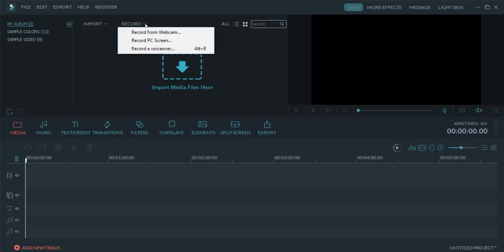Just click on the drop down, record from webcam. If you are recording the webcam, then you can record this, record PC screen, or record a voiceover. In this, you can simply record your voice. So when you click on record PC screen,